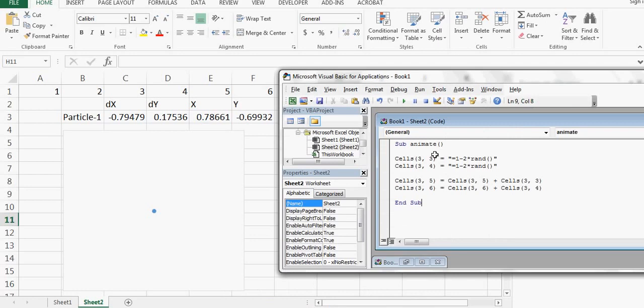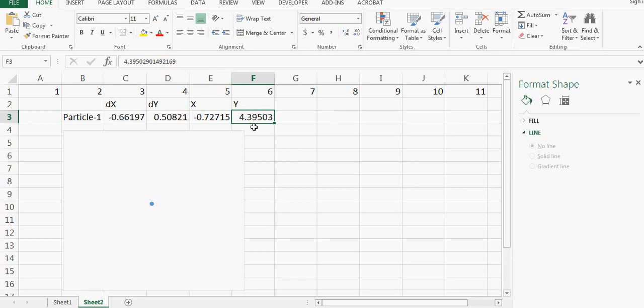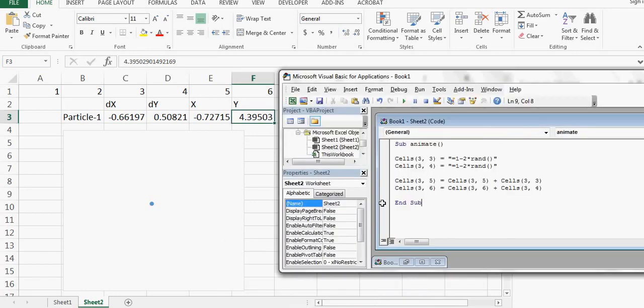So if I go here and I click, you can see that when I click, the particle is moving around. And if you look at the X and Y, Y is 4.3, X is almost close to -1, but X and Y are all within -1 to 1. So that means the walk is happening. So the particle moved away from 0, but the steps are still the same, right?